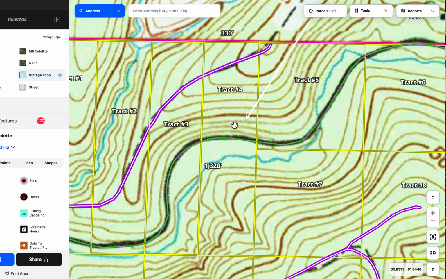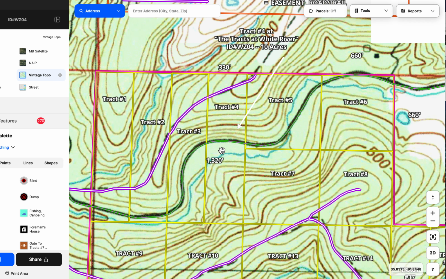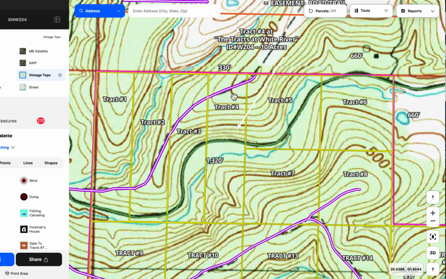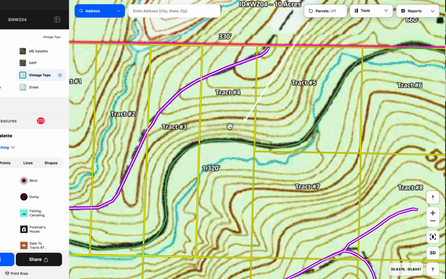Now here's the huge bonus about Tract 4, and this applies almost as well to Tracts 3 and 5: you've actually got that existing easement road that goes up to the north side. And so without that road, I mean, you're not going to get a vehicle up to the north part of Tract 4 without some major dirt work. You're talking several days, if not weeks, with a pretty good-sized dozer and a skilled operator